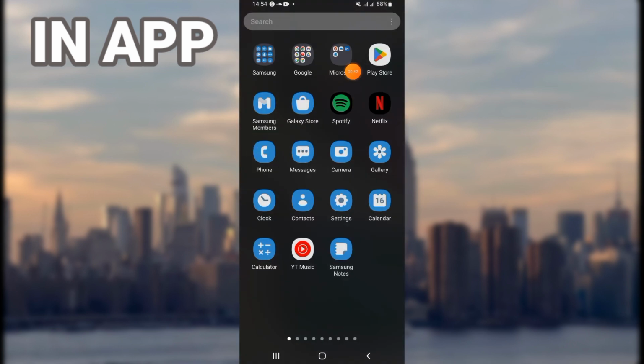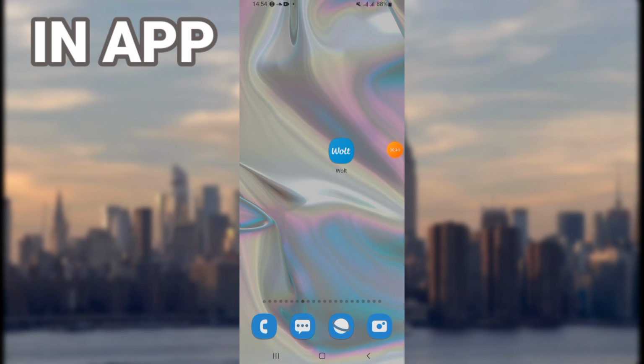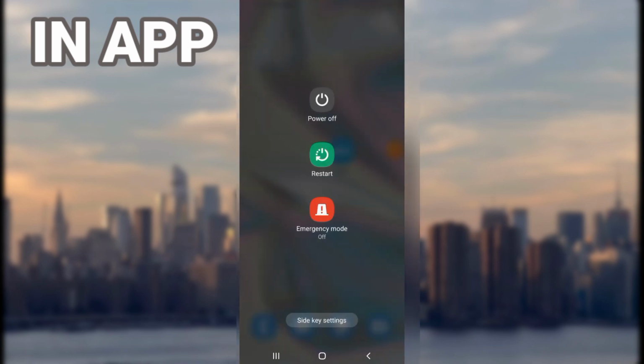Come right now to Play Store or App Store if you use a phone. Update your Wolt app if it is not updated. And right now, the next or the last step, you have just to restart your phone. So that's